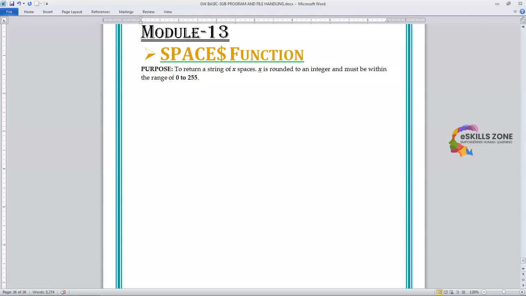The format is SPACE$(x). The dollar sign is always used with the string function, and the argument can be any value. Examples: